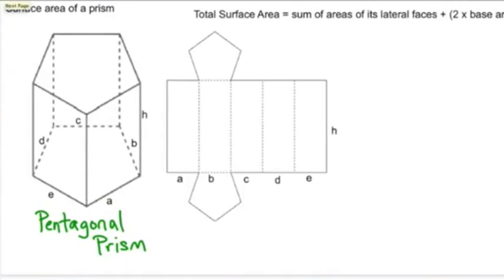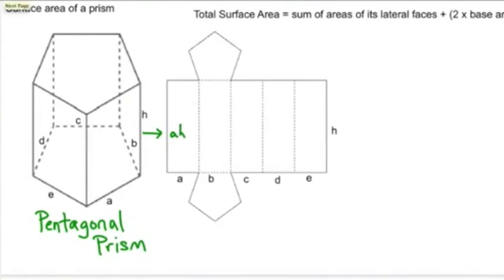Okay, I'll assume that you are either silent or you gave me an answer. But anyway, what we're going to do is take a look at the net. And you'll notice right now I'm going to look at the sum of the area of its lateral faces. So that means I'm going to have,